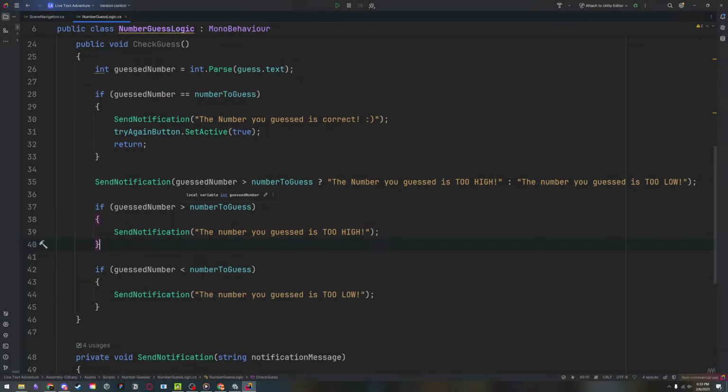It's a little more simple to read, right? So this is just checking, this is the if part right here, and we can see that right here. And then if that is true, we're going to send this. And if it is false,